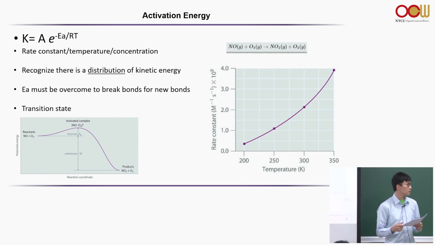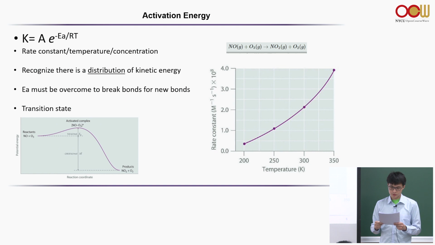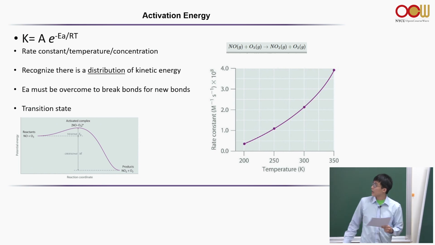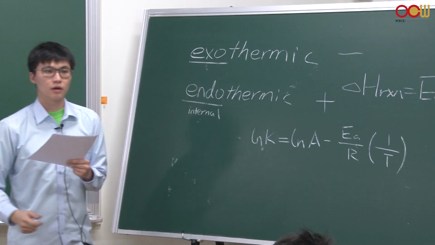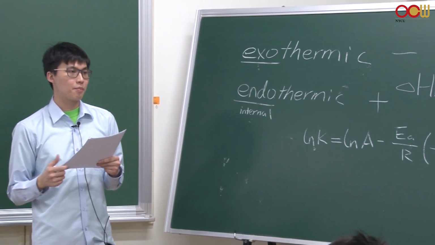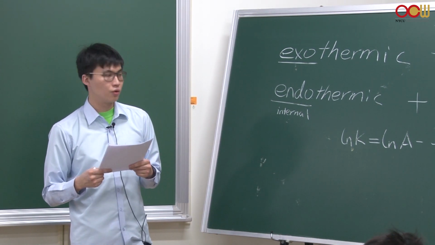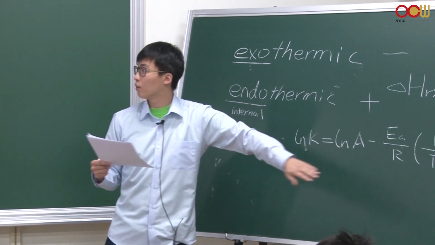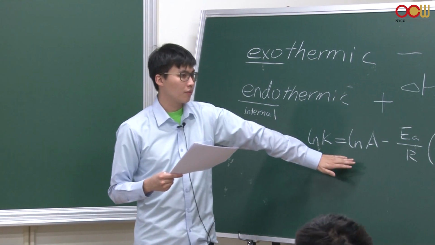If you look at this equation that's already been figured out by Arrhenius, we can do a simple mathematical process on such an equation, right? By taking the natural log of this on both sides. If you do not understand how this happened, I would suggest going back to your math textbook. It will show you how the natural log cancels out with the exponent term, and that is just a simple operation.